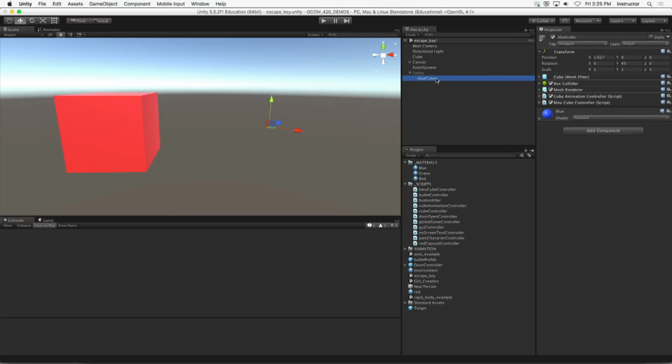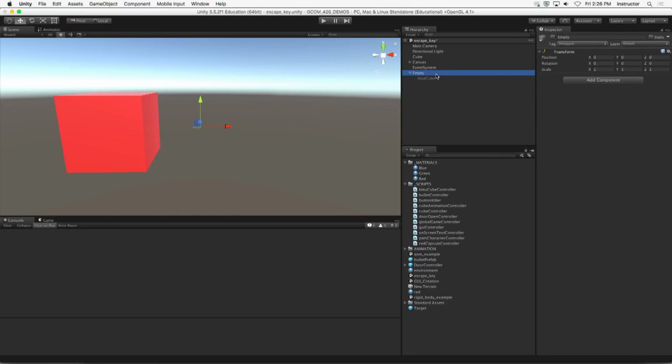Let's see, how am I going to do this? I've always created things by instantiating them in the game. That's always been my kind of workaround to this problem. But to create something in code that's already active in your hierarchy, let's see, turn it off, super easy. You want to make sure,